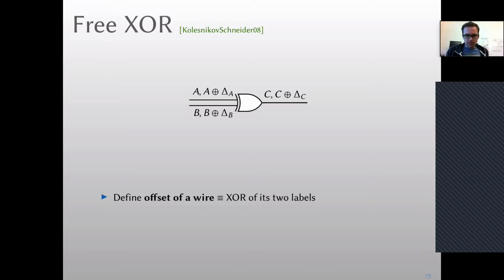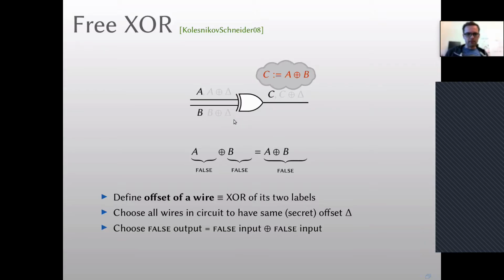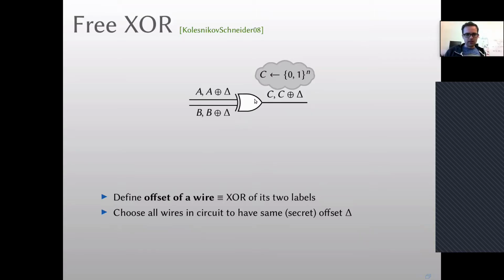The free XOR trick says, let's make sure that all the wires in the circuit have the same offset. So now this delta value is global. Every wire in the circuit has two wire labels whose XOR is this delta. Same delta for every wire. Now, why would we want to do this? Because if you look at an XOR gate, instead of choosing the output false label randomly,